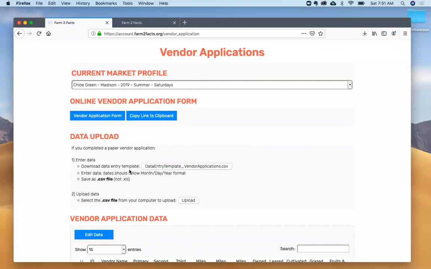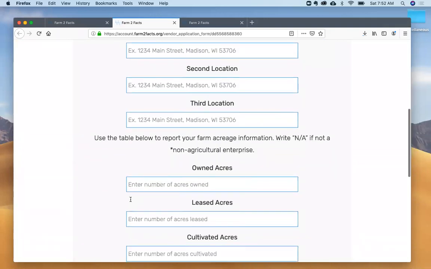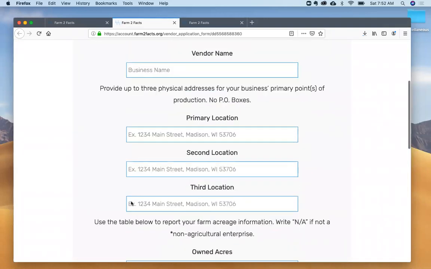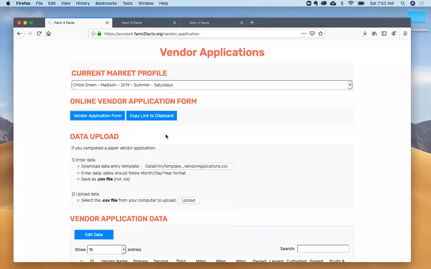The vendor application is the only one that we have a form for besides the visitor surveys. So what you can do here is just select vendor application form, and you can enter this data via a form, either from the paper worksheets that you were handed from your vendors, or you can actually copy this link and email it to your vendors and have them fill it out themselves if you would prefer to do that. You can also do a combination of these, and even a combination with this third method that I'm going to